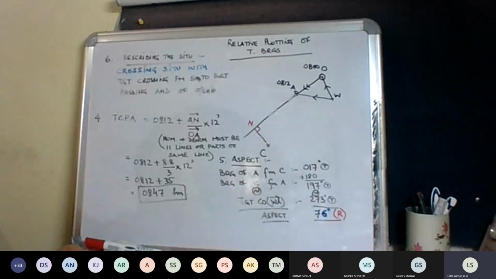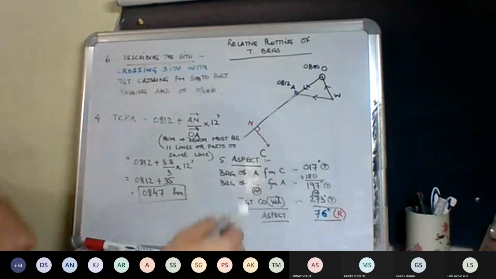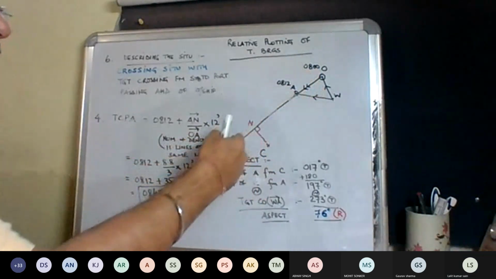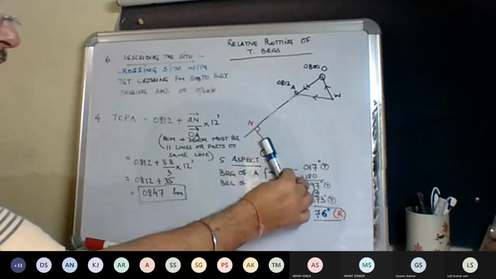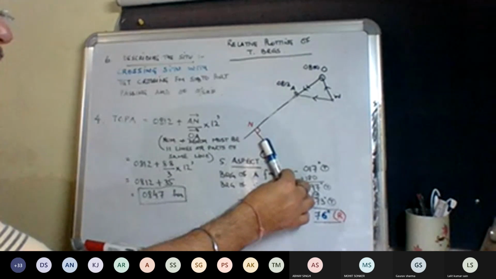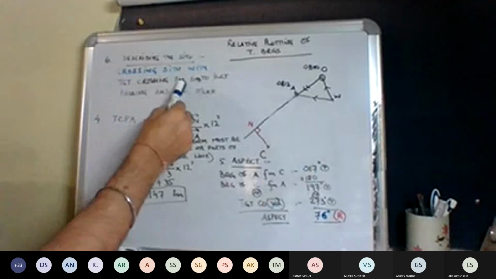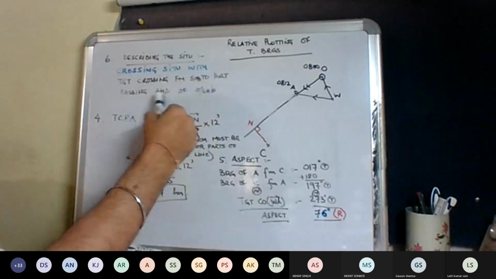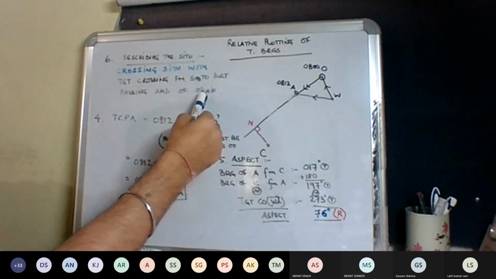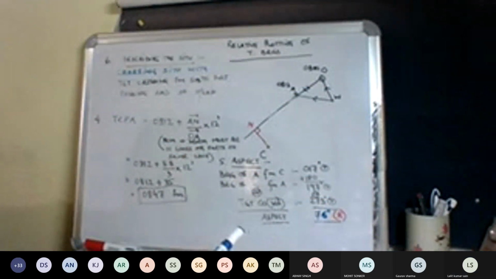So can you explain number 6 again, sir? It's a crossing situation. The target's relative line of approach मेरे हेडिंग से आगे से जा रही है. मेरा हेडिंग ये रहा 340. तो रिलेटिव लाइन ऑफ अप्रोच मेरे आगे से पास कर रही है. तो टारगेट इज क्रॉसिंग फ्रॉम स्टारबोर्ड टू पोर्ट, पासिंग अहेड ऑफ ओन शिप. ओके सर. अगर ये लाइन मेरे पीछे से जा रही होती, देन आई वाज क्रॉसिंग अहेड ऑफ द टारगेट.